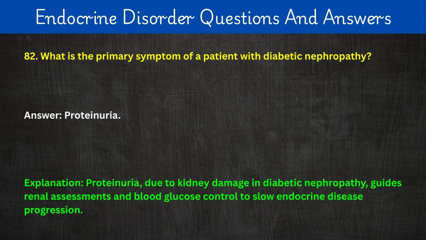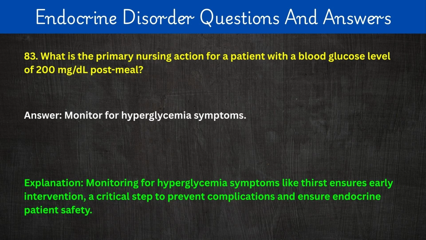endocrine disease progression. 83. What is the primary nursing action for a patient with a blood glucose level of 200 mg per deciliter post-meal? Answer: monitor for hyperglycemia symptoms. Explanation: monitoring for hyperglycemia symptoms like thirst ensures early intervention, a critical step to prevent complications and ensure endocrine patient